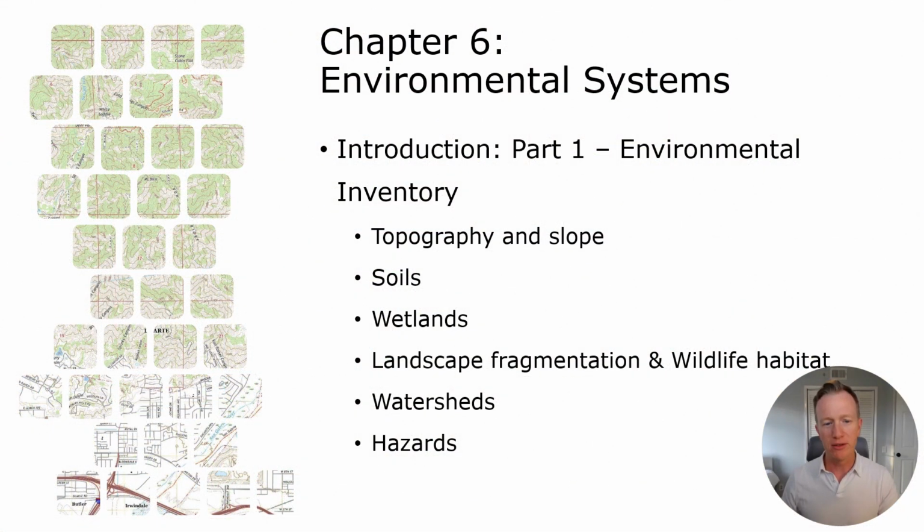Chapter 6 deals with two parts. The first part is focusing on the environmental inventory you would perform when you're doing a general plan or comprehensive plan update or even a specific plan. You'd first take a look at what the environment includes, and so you would look at the topography and slope of the area. You would look at soils, wetlands, landscape fragmentation, and wildlife habitat, watersheds, hazards, and other sorts of environmental situations. And then in part 2,